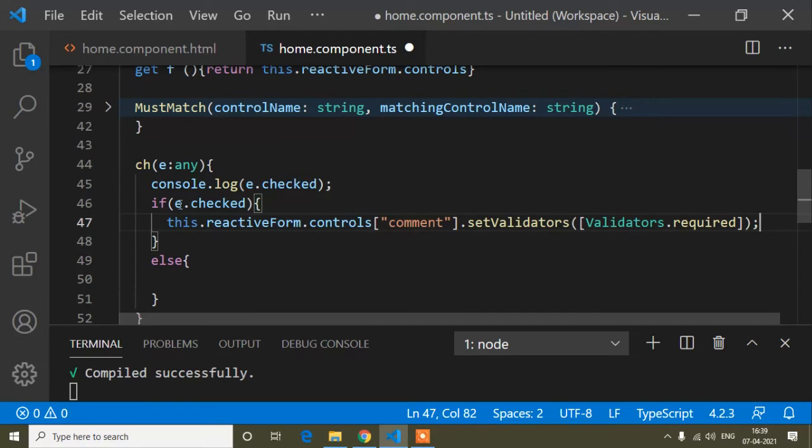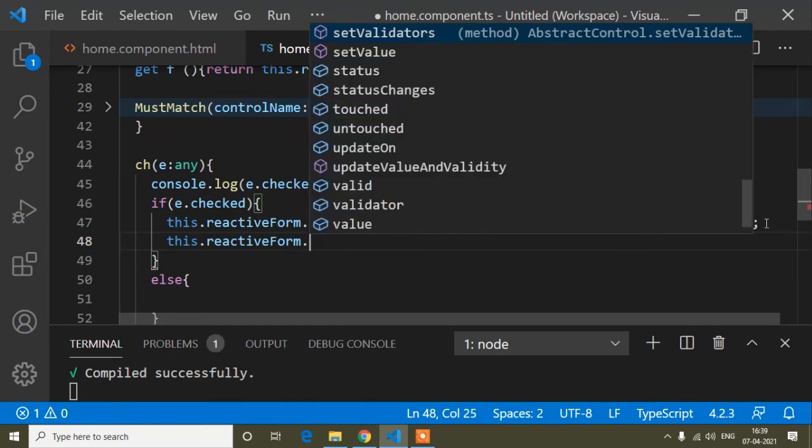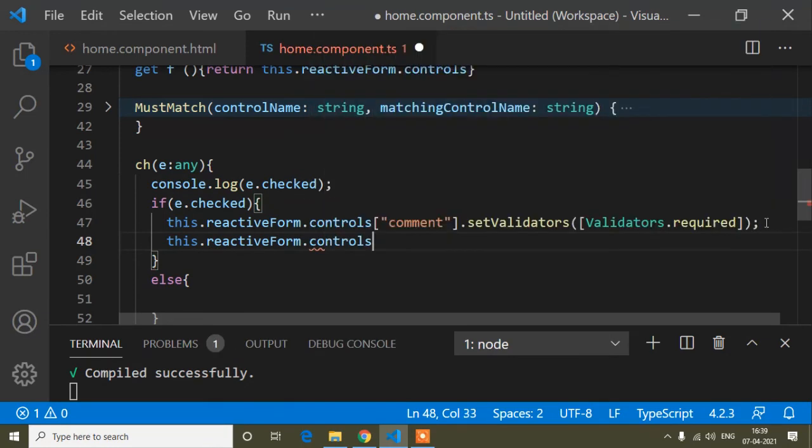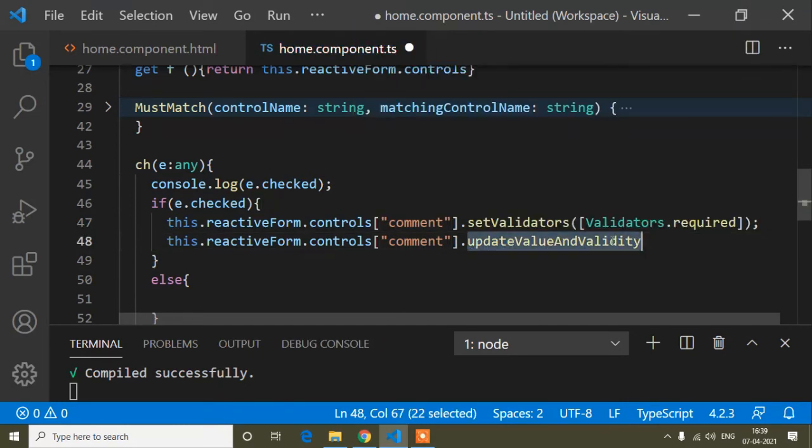That means when our checkbox is checked, true, it will be required. And now I will write again this.reactiveForm.controls comment, this field, dot updateValueAndValidity. So first I have made this field required, and after that I have updated it.